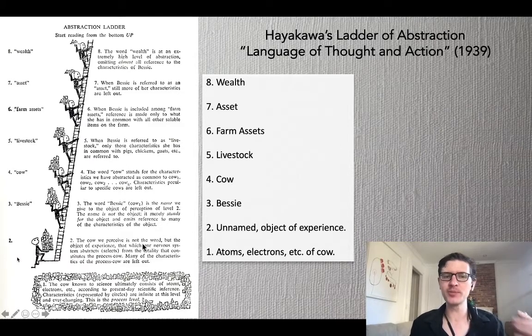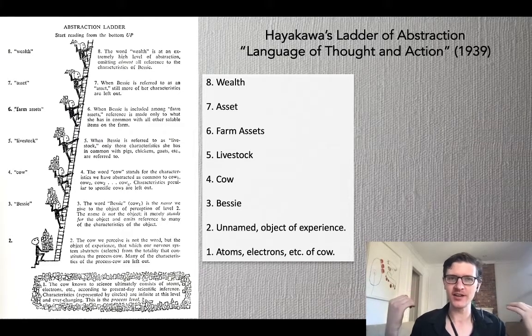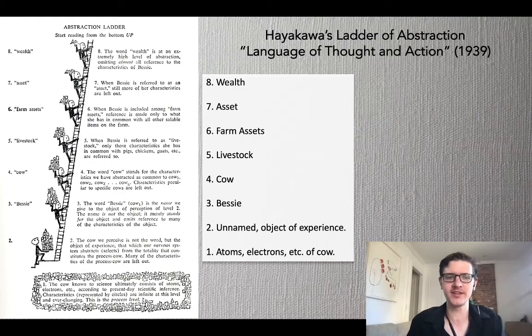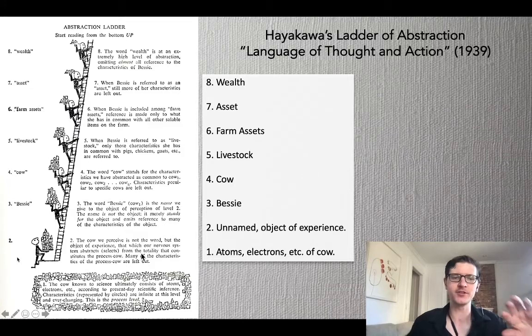And it's the cow we perceive, right? Not the word, but it's like you come in front of the cow, the cow is present in front of you and you see it, right? It's that physical animal right in front of you, right? The object of experience, not the name cow, just the actual thing, right? That which our nervous system abstracts or selects from the totality of constitutes from the process cow,